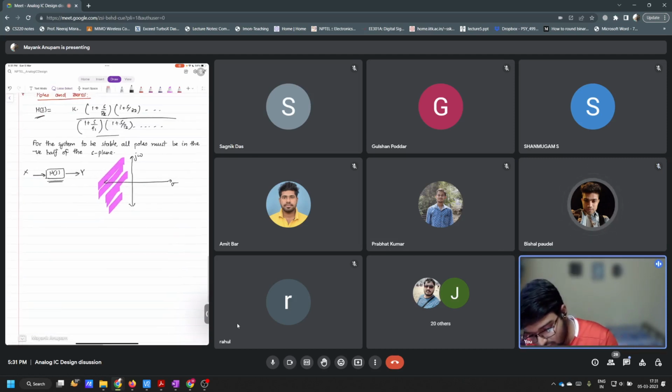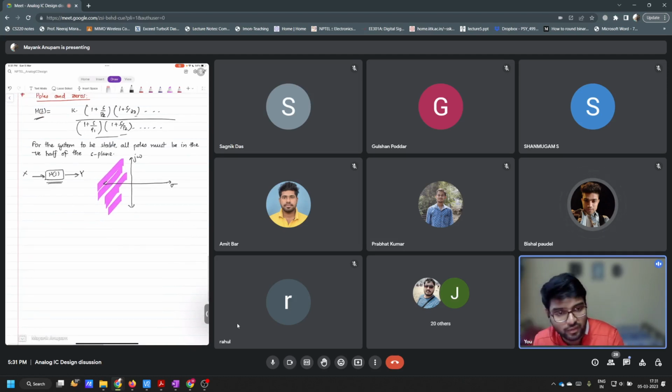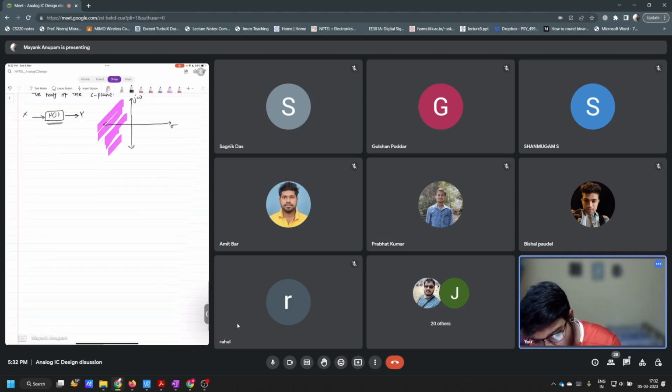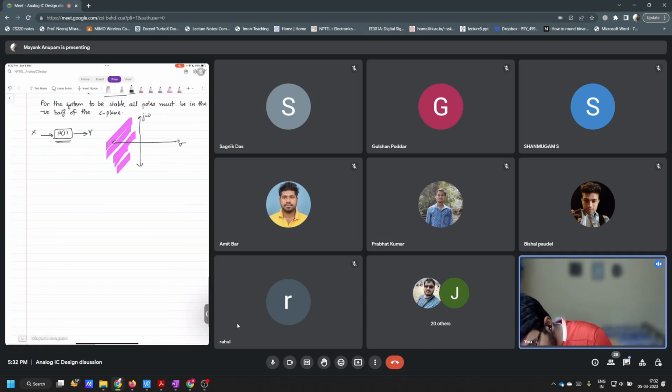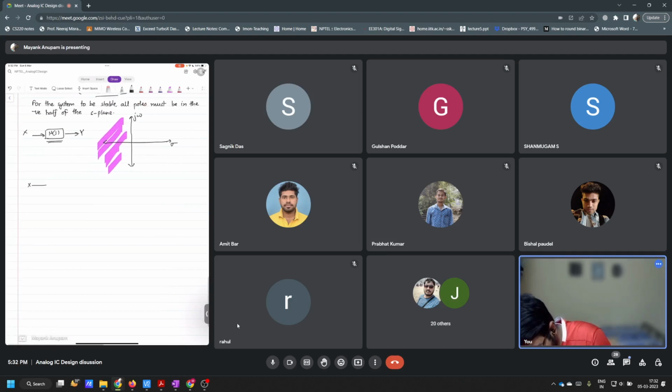Now this pole and this zero do not make the system, sorry, this pole should be in the negative half plane to make sure the system is stable. Okay, cool. Now in the lectures we saw, right, when we have a loop,